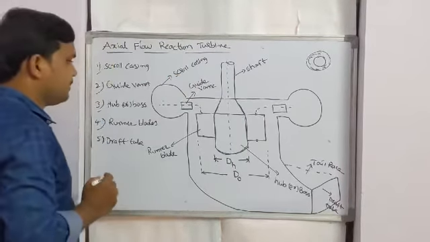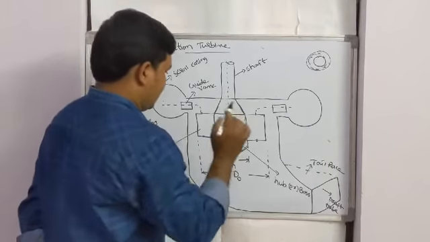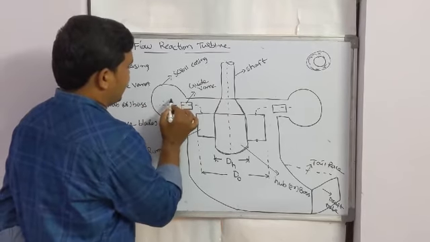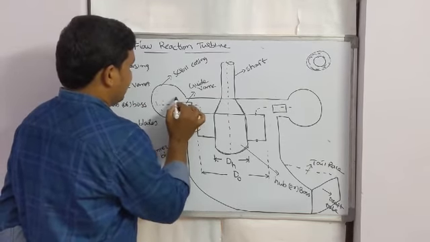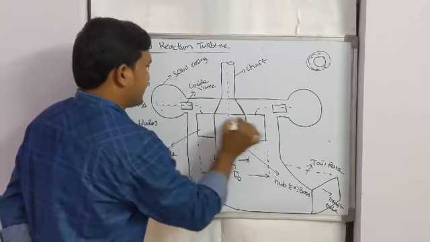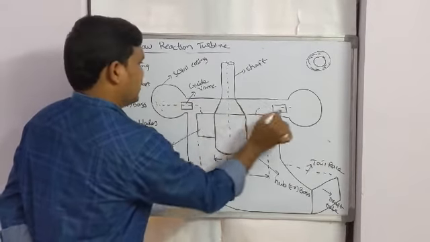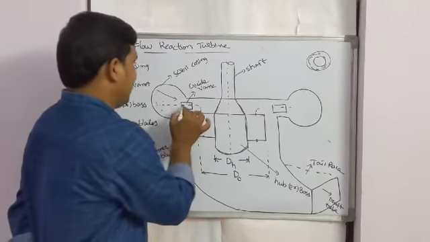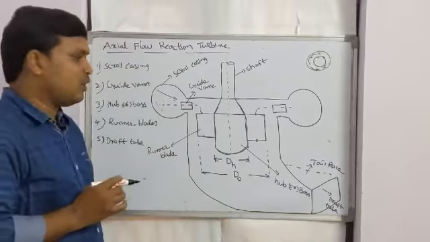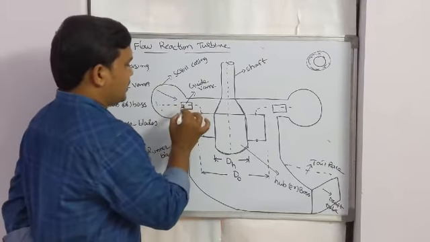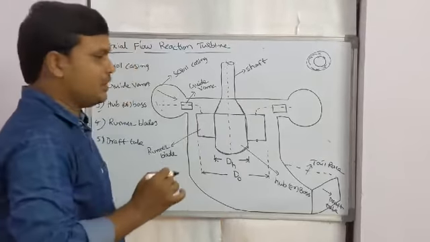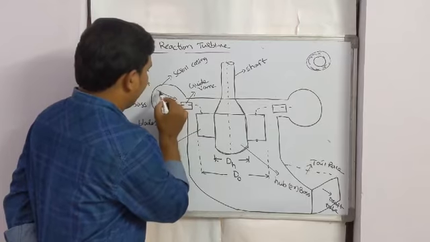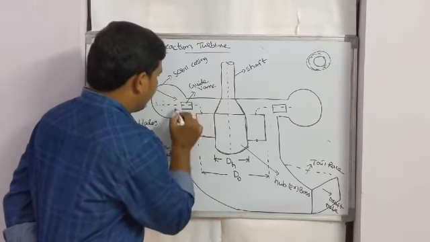So coming to the working principle, the water coming from the penstock enters the scroll casing. After the scroll casing, all the guide blades are situated in the scroll casing. Then the water strikes the guide blades. The guide blades are used to guide the water or control the water flow rate to the runner blades. So the water passes to the runner through the guide vanes.